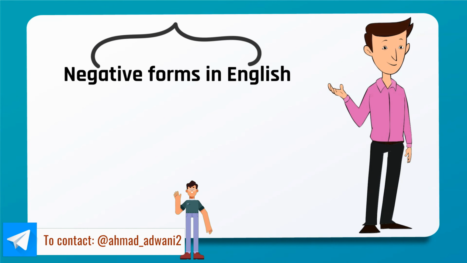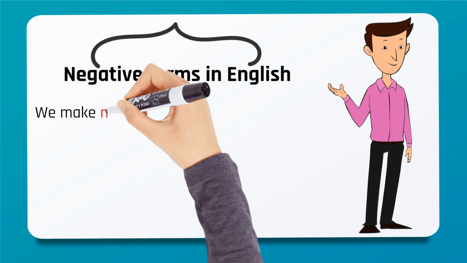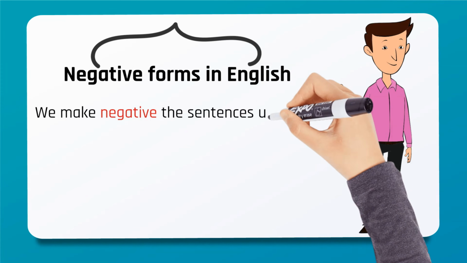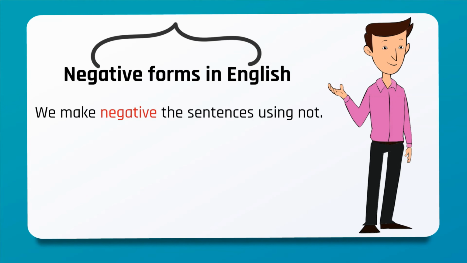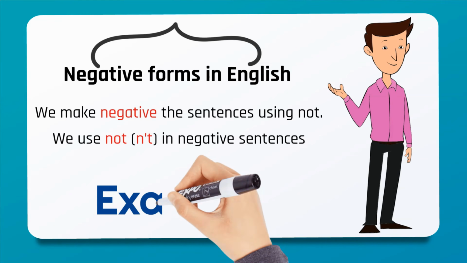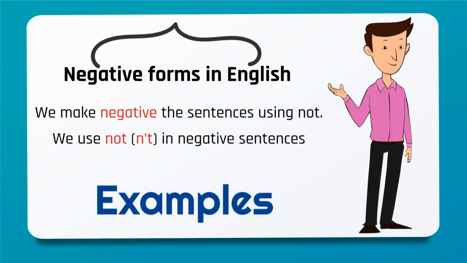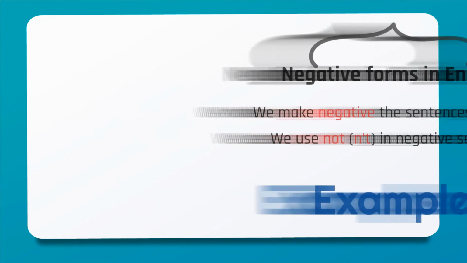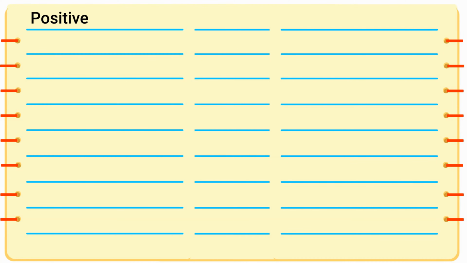Negative forms in English. We make negative sentences using not. We use not in negative sentences. Examples: positive, negative, short. Example: